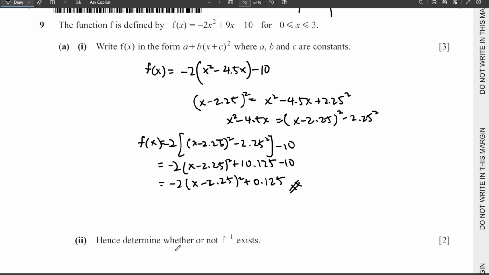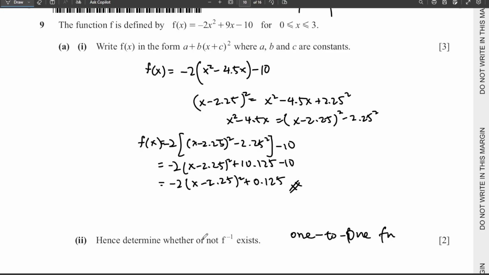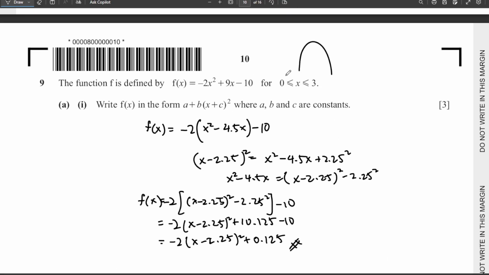Question 2. Hence determine whether or not inverse f exists. Let's recall what requirement a function needs to fulfill for the inverse to exist. It needs to be one-to-one. Only one-to-one functions have an inverse. So how do we determine if it's one-to-one? We need to check the quadratic at its turning point, because if the turning point is included in the domain, what happens is